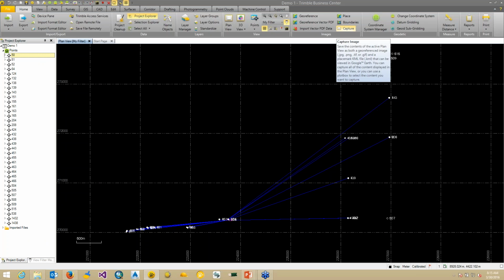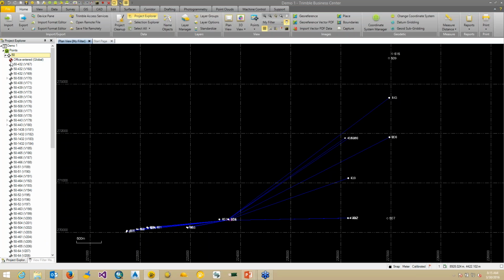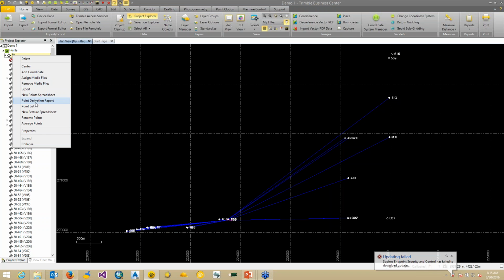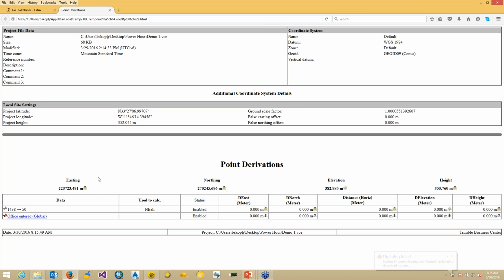We have a demo. We have this point 50. By the way, to get a point derivation report, just right-click on the point that you want to investigate and choose point derivation report. So we are now looking at the point derivation report for point 50. Do you see that there is an RTK vector from 1438 to 50? It has mapping or survey quality, and it was used to calculate the northing, easting, elevation and the height for this point. There's also this office entered coordinate. It has unknown quality,